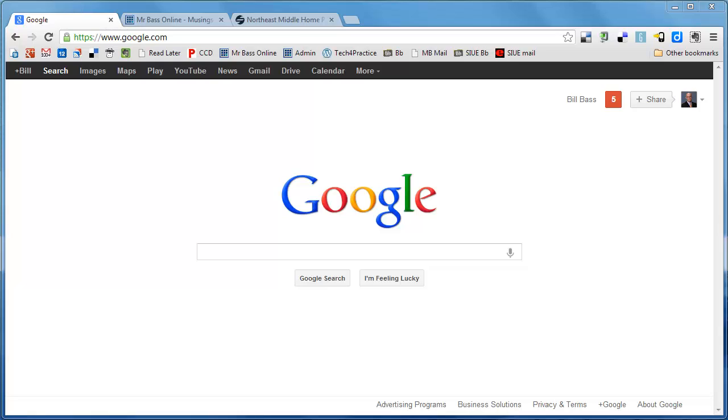Now, these keyboard shortcuts that I'm about to show you can be used in any modern browser that's out there. It doesn't matter if you use Google Chrome, Safari, Firefox, Internet Explorer, these keyboard shortcuts are pretty much standard across all of those different types of software. So the first one that I want to show you today is simply how to open up a new tab